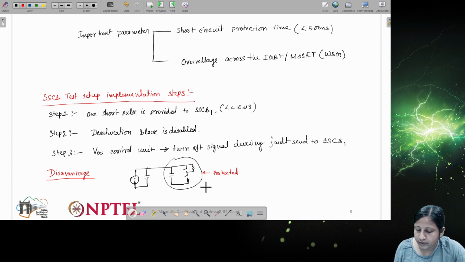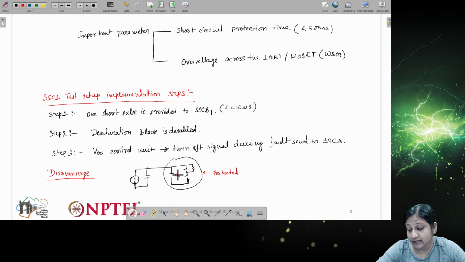Now whenever we disconnect, the decoupling capacitor charge remains there. The device is protected, but this decoupling capacitor is disconnected from the input. So it needs to discharge somewhere, because a capacitor's charge eventually has to discharge through some medium.